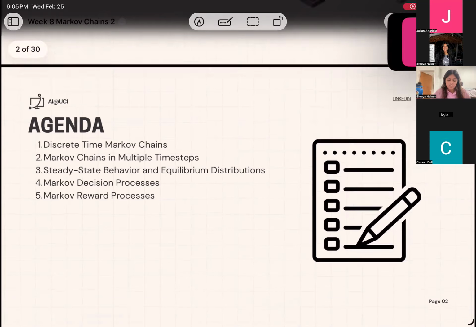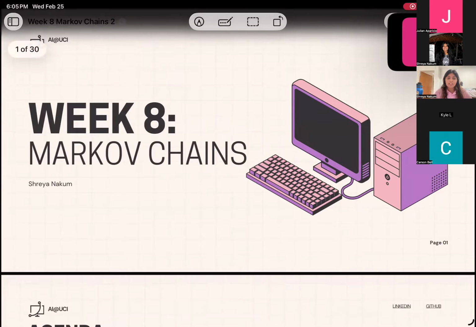So anyway, today we're going to go over Markov chains, and this is going to be one of the building blocks for next week's lecture, which is going to be on reinforcement learning. It's going to be more of a statistical topic than machine learning, but there are still going to be AI components to it, especially towards the end.